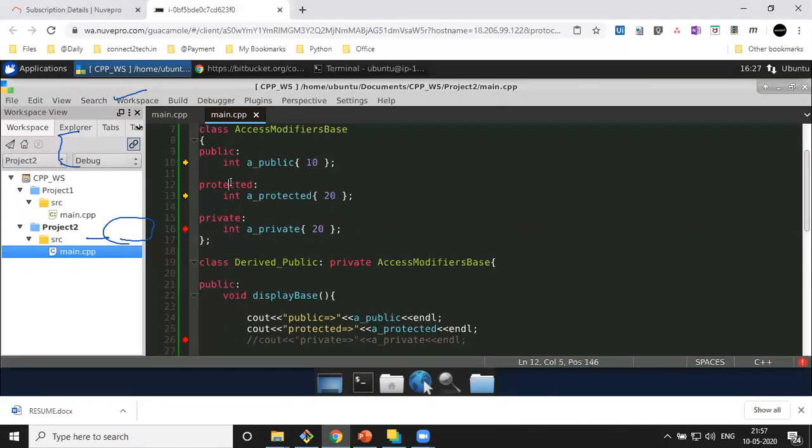Now if you make this protected, then private is still not accessible, public will come here and become protected, and protected will also remain protected. So this is how the access modifiers work in the case of C++.